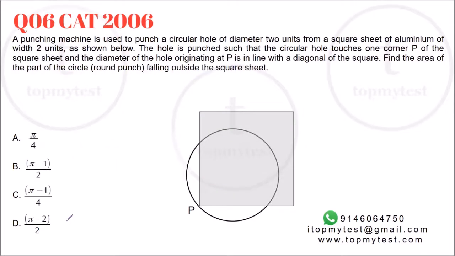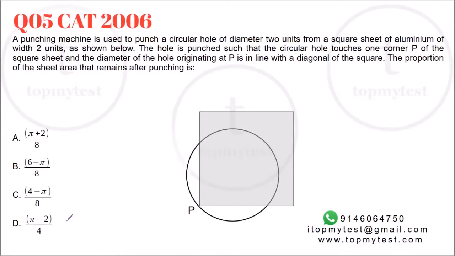And the last two questions are a double question. This is from CAT 2006. In fact, there is a history to this particular question, in the sense that this question used to be the one question on the mock test when Prometric used to conduct CAT during the dark days of 2009, 2010, 11, 12, etc. So this used to be the feature question in those mocks. But that's from CAT 2006. Let's see what this is.